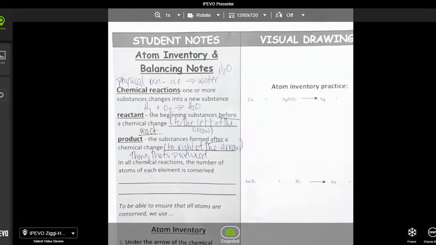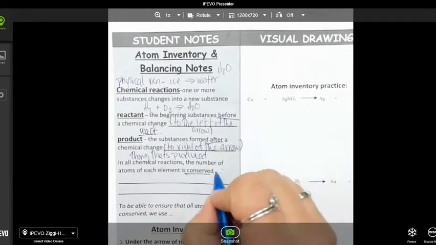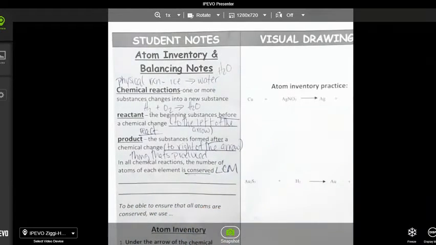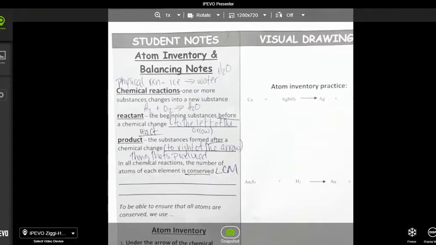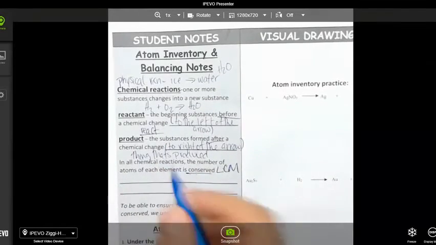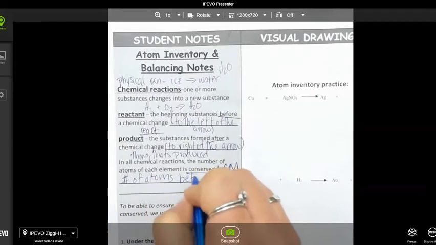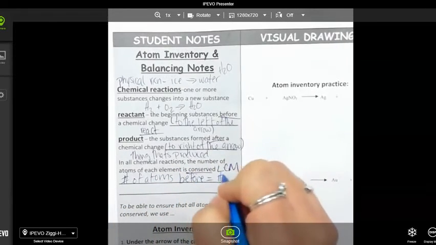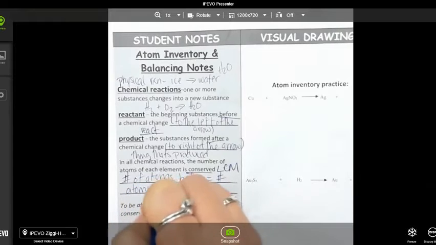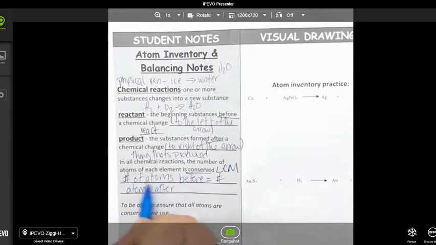Okay. Now, in all chemical reactions, the number of atoms of each element is conserved, right? Because we know that is the law of conservation of matter, which you should have learned first semester. Means that all matter that is here is always here. It starts here, it ends here, but the thing that can happen is that it can change. So for us in this unit, that means that the number of atoms before must equal the number of atoms after. And it's specifically atoms,